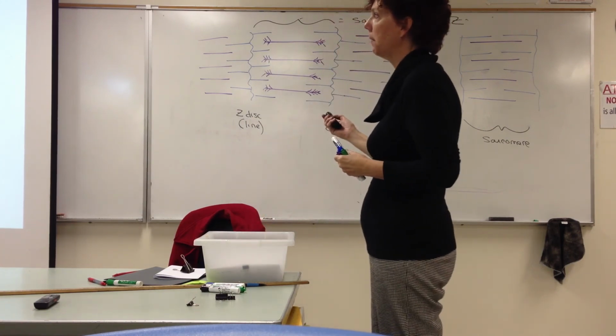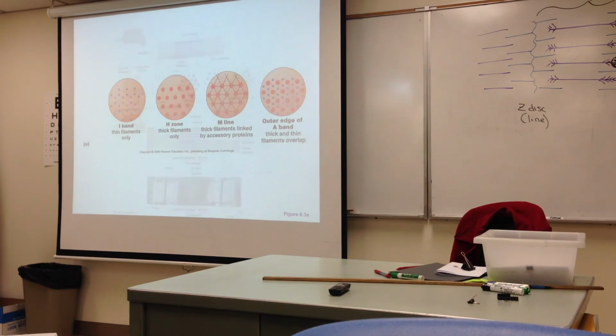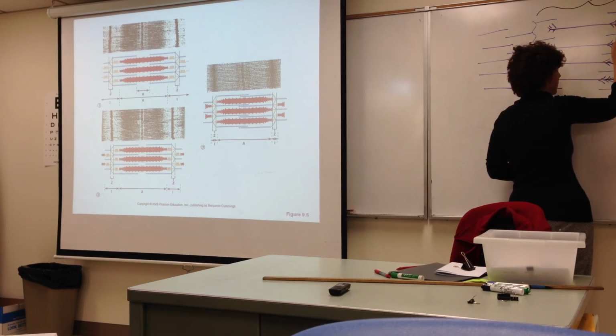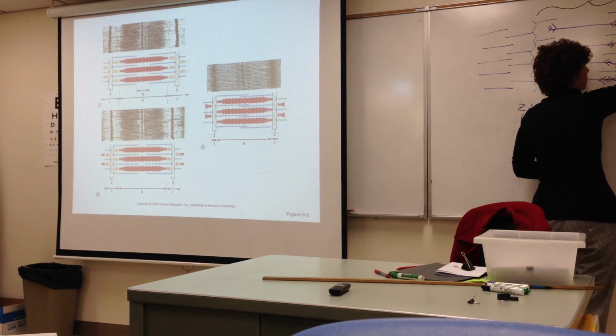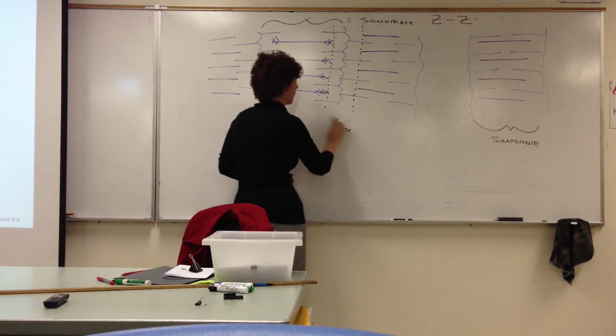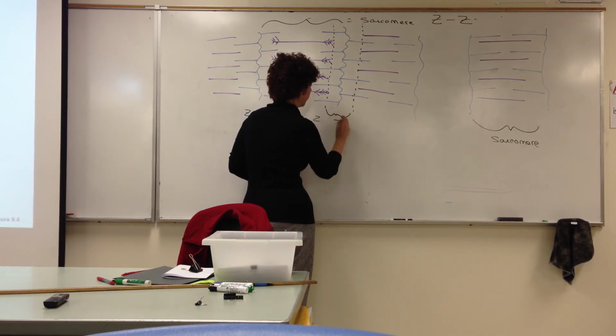So if we look at an electron micrograph of this region right here, so here's the Z line, here's the other Z line. If we look at a micrograph pattern of that, you can see that where the Z line is lighter than where the myosin is. And our term for that light reflection is isotropic. So the area that is only actin, even though it involves two parts of two different sarcomeres, is identified as the I band,